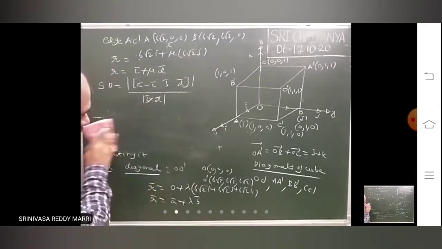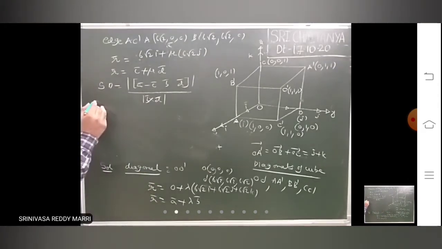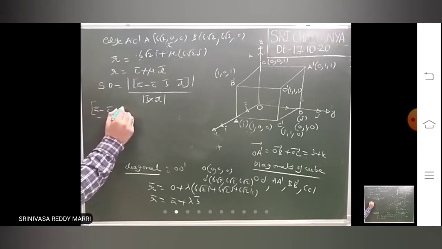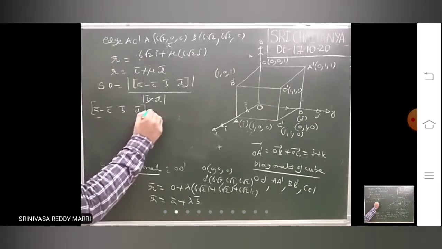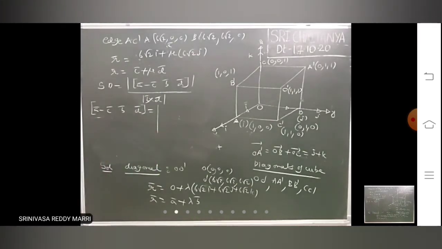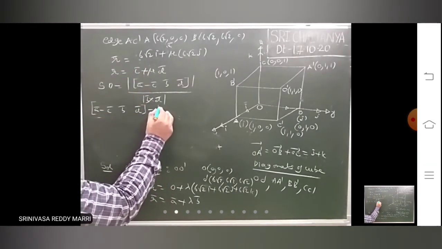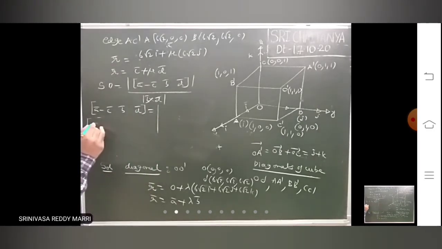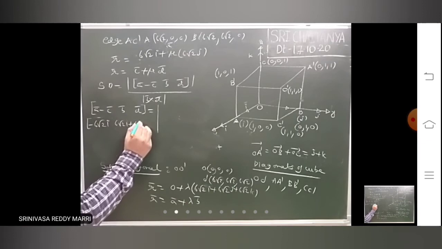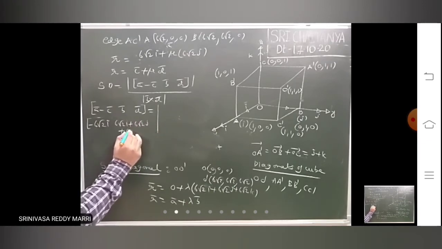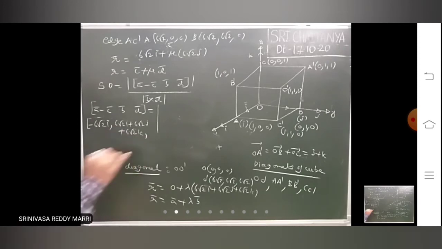Now we will use the formula first. We will find out this. So therefore, determinant A bar is what this? This is 0. A bar minus C bar. That means minus 6 root 2 I. So this is minus 6 root 2 I. B bar means this one. This B bar, D bar means